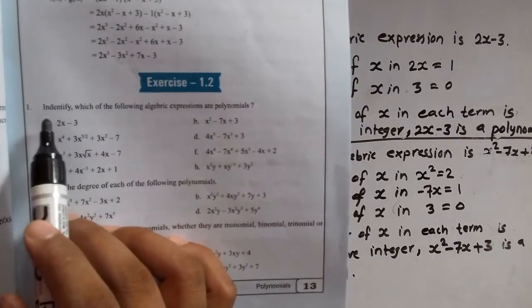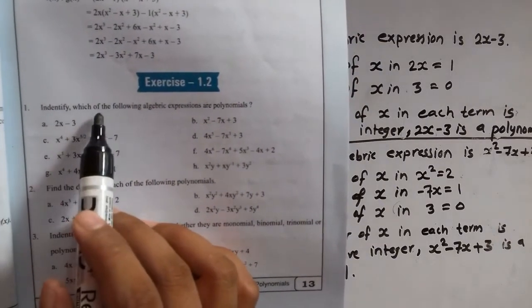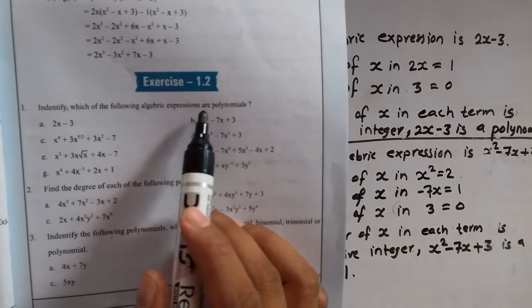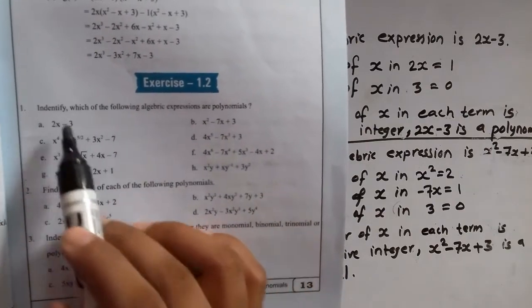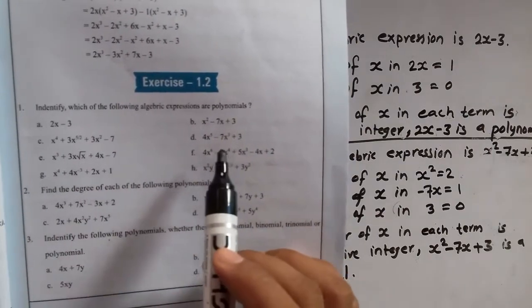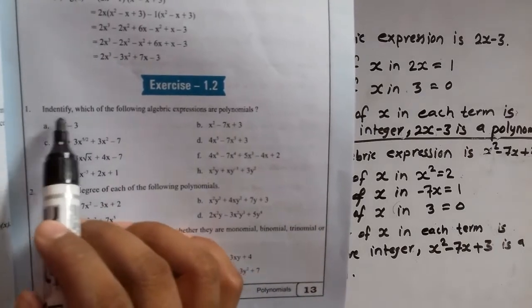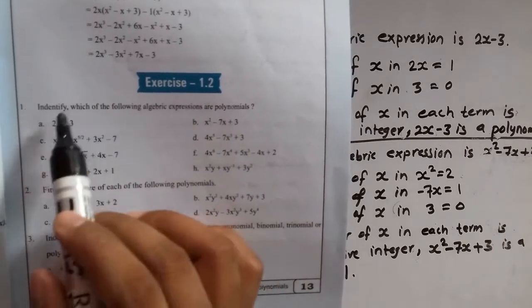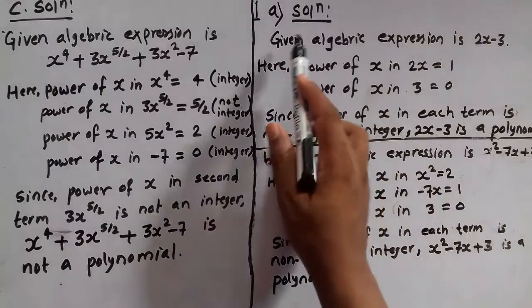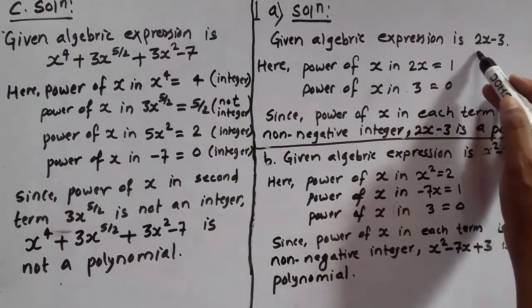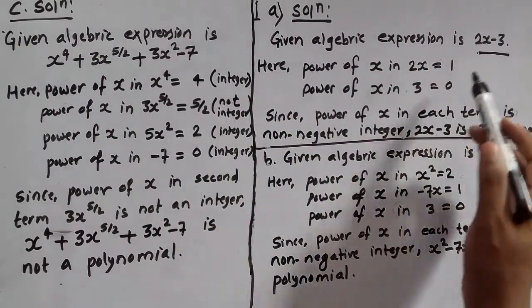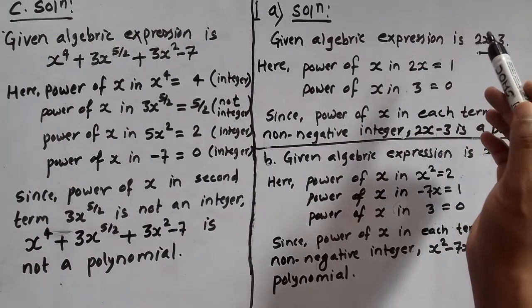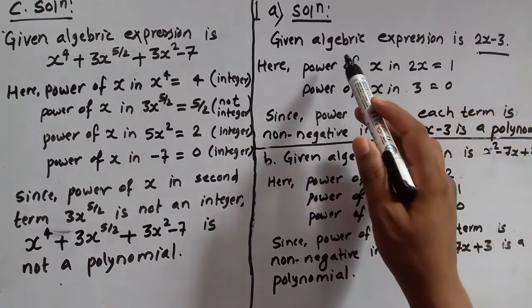In question number 1, we have to identify which of the following algebraic expressions are polynomials. Out of these, we have to identify which are polynomials. Identify means we have to find out. In question A, the given algebraic expression is 2x minus 3, and as we know in an algebraic expression, if